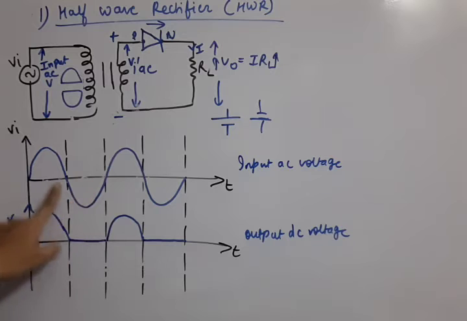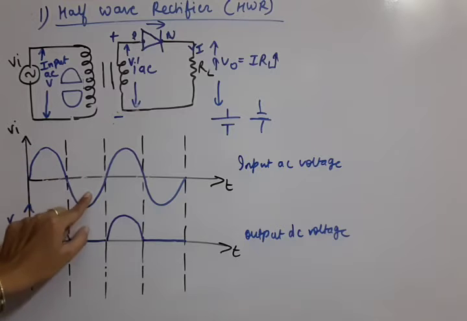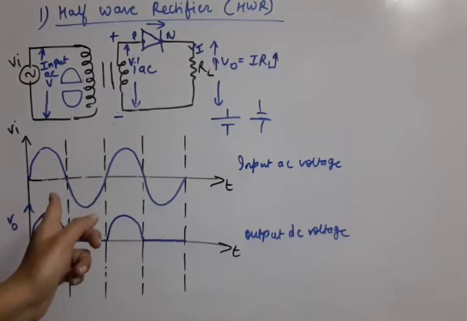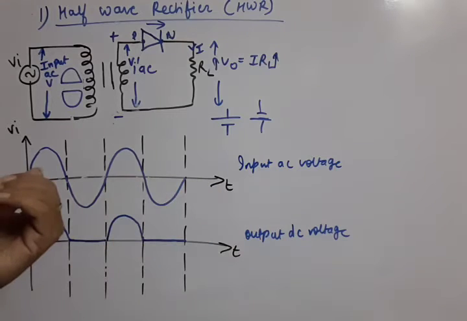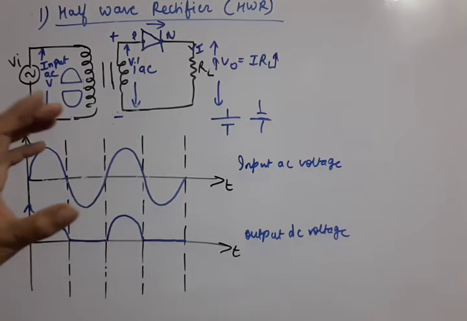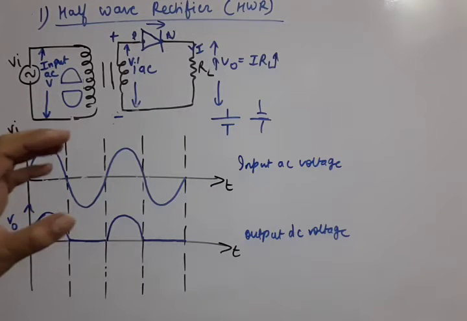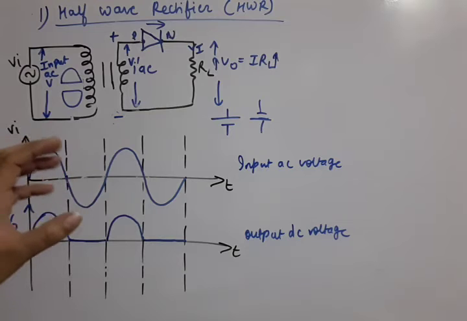like in the input, current was changing its direction after every fixed period of time. Here current was positive, here current was negative. That means it changes direction. Earlier it goes from suppose X to Y, and then it goes in the circuit from Y to X. So this way the current, if it changes direction, that is called AC, or voltage also is called AC voltage.